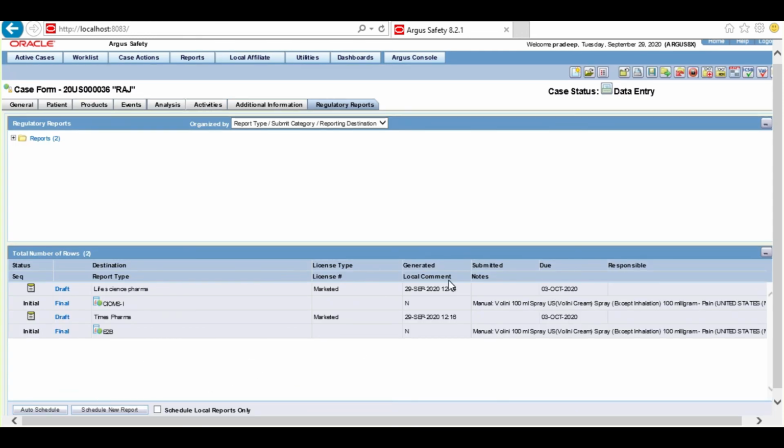You will observe that the generated date is populated, which means that the background Aegis service, batch report generation and batch report generation worker has successfully generated the report for us. The user did not click on the final hyperlink to generate the report. So the conclusion is both the services help in generating the report seamlessly, and it saves the time and effort of the user when the case is in the workflow.